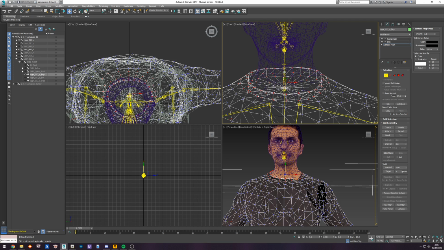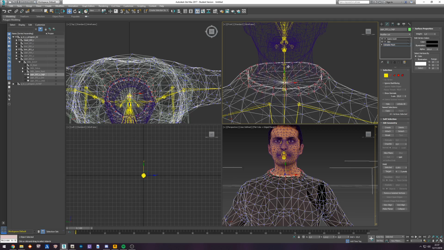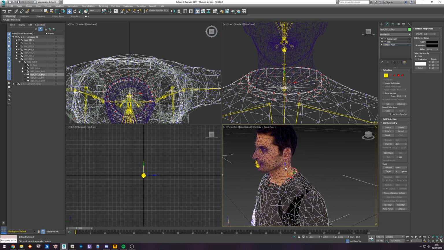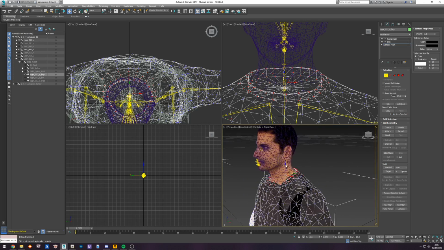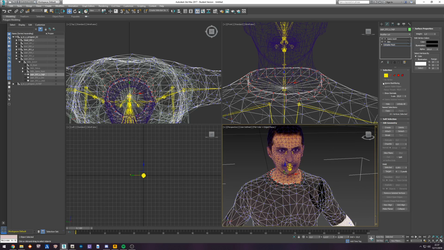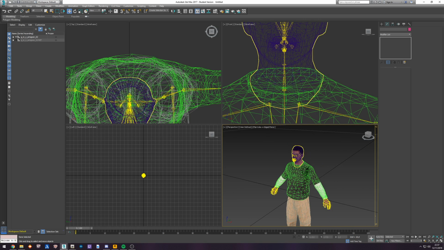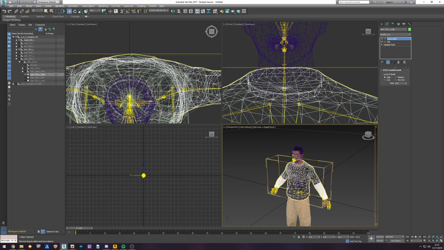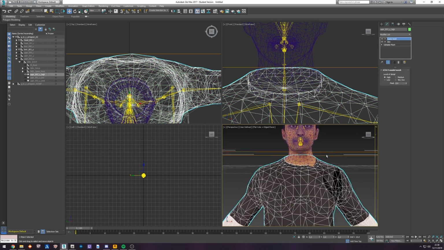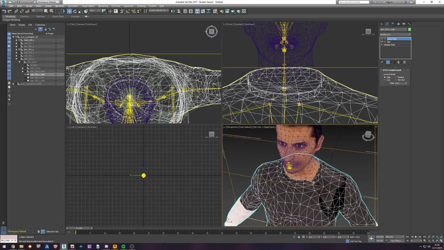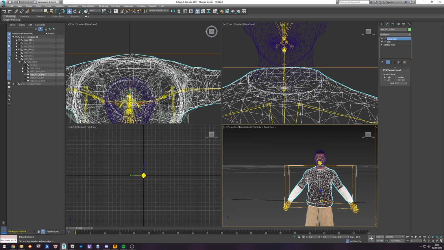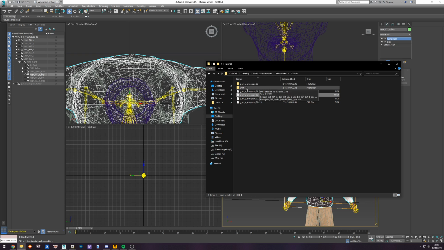I'm just going to do the lazy way. I'm just going to move this up. Okay, so his head is a bit more messed up than that. Doesn't matter. So this is basically just showing a lot of other characters should be all right. In this case, with this guy, you would have to fit either his head or this model. Anyways, so what we're going to do now is we're going to go into shirt